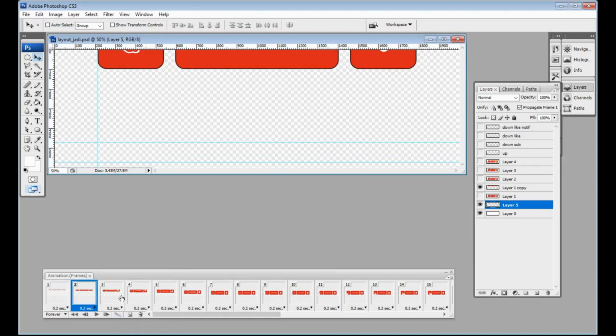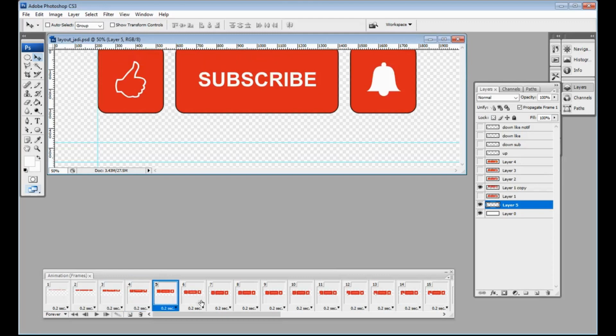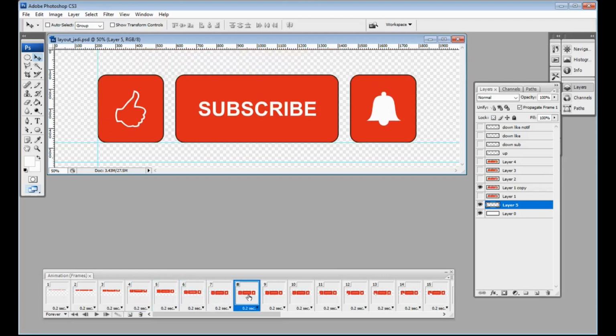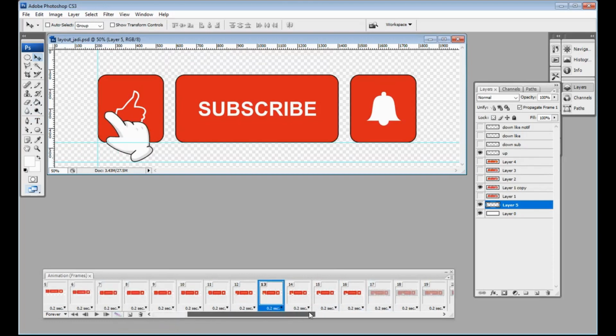This image will be moved down until the position. Look at this: here the up button will start from left to right. I use the tween animation facility from Photoshop on frame 2.